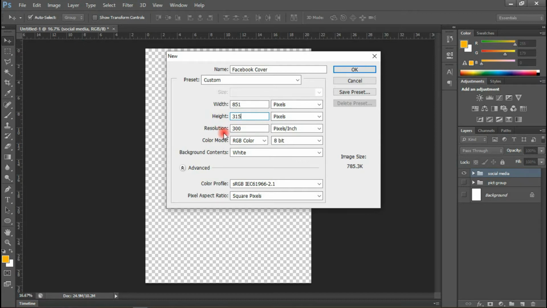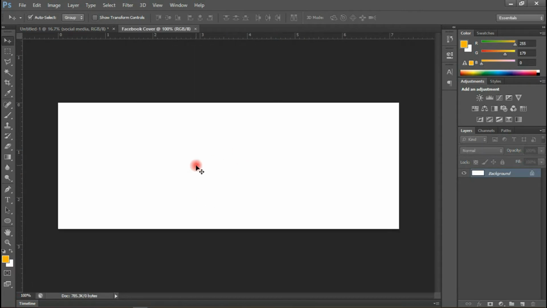So in resolution, I'm going to be leaving this in 300. The color mode RGB, because I wouldn't be printing it. So everything is intact in here. Then let's click OK, right? So that is how it looks like. The first thing I'm going to do is I have 3 images as my resources. So I'm going to create a shape